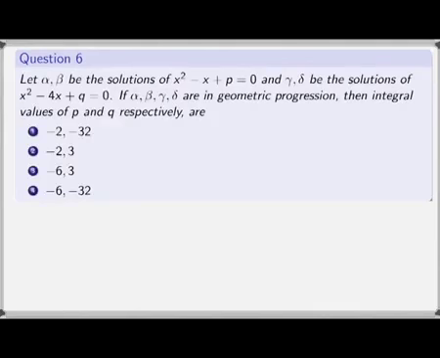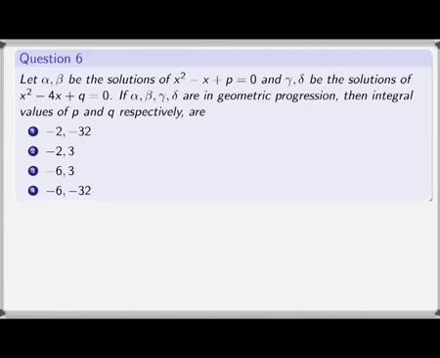Now we look at the following question. We are given the quadratic equation x square minus x plus p is equal to 0, and we are told that alpha and beta are the solutions of this quadratic equation. We are also given another quadratic equation x square minus 4x plus q is equal to 0, and gamma and delta are given to be the solutions of this quadratic equation. If alpha, beta and gamma, delta are in a geometric progression, then we shall find out the integer values of